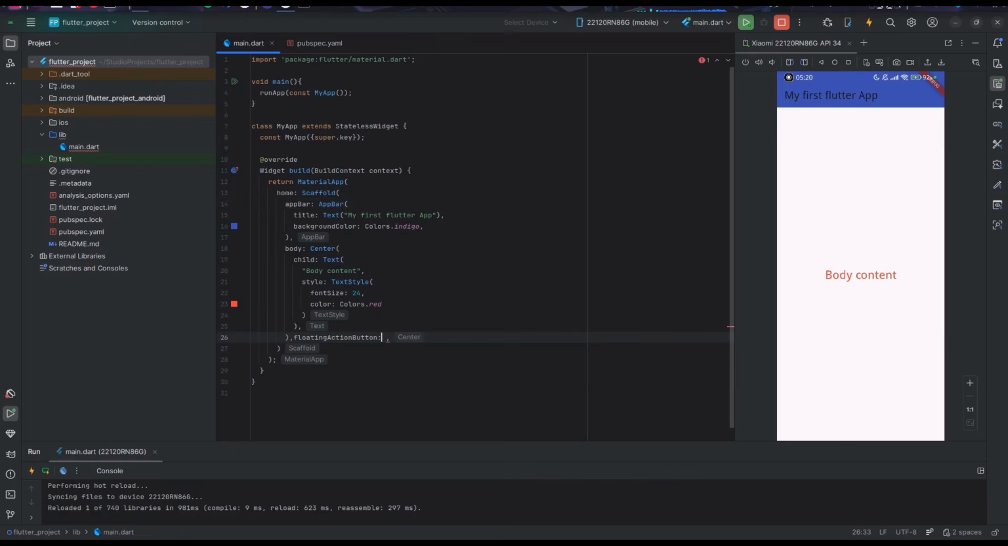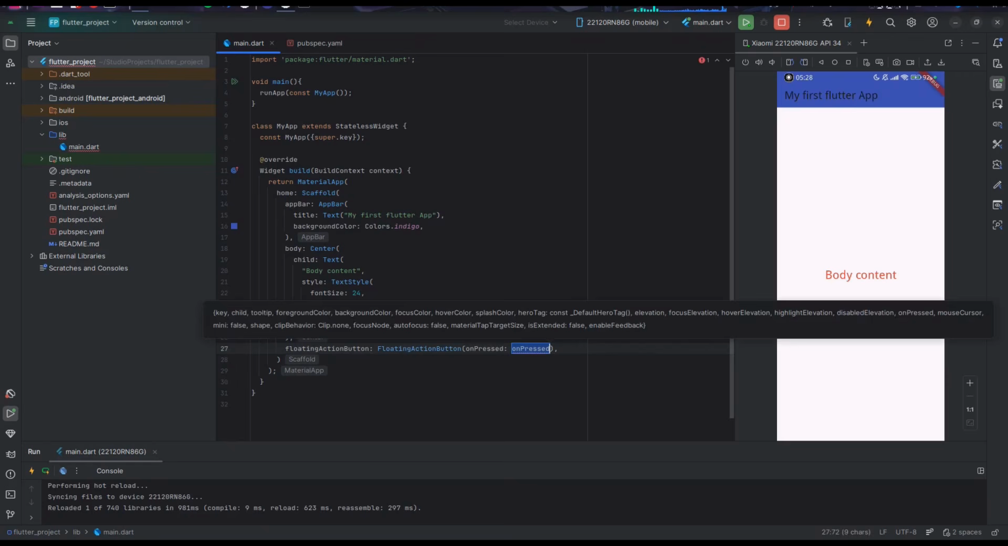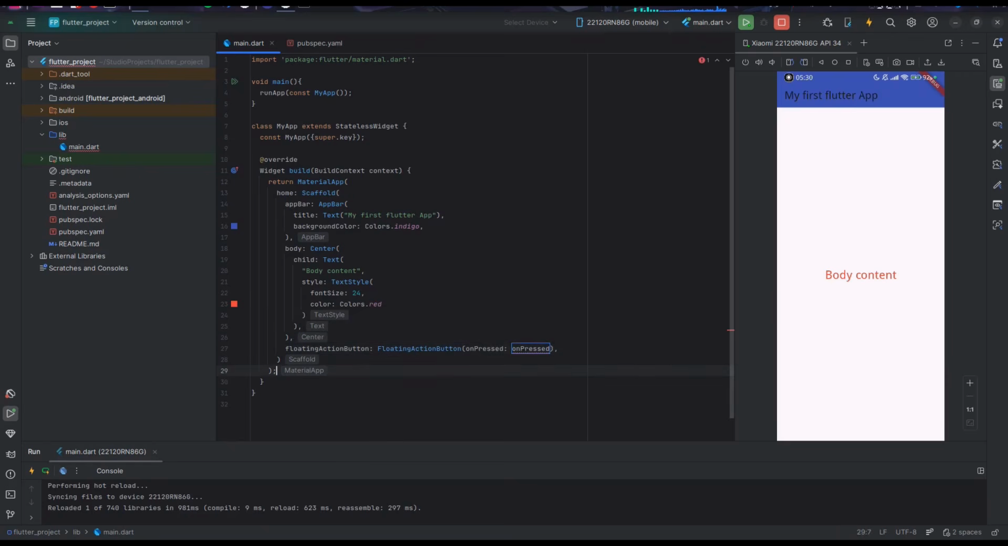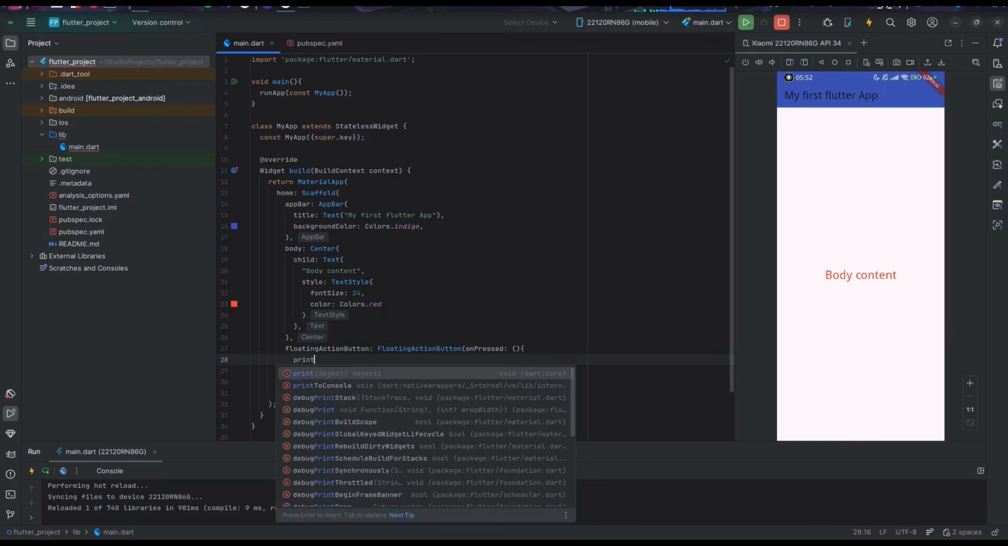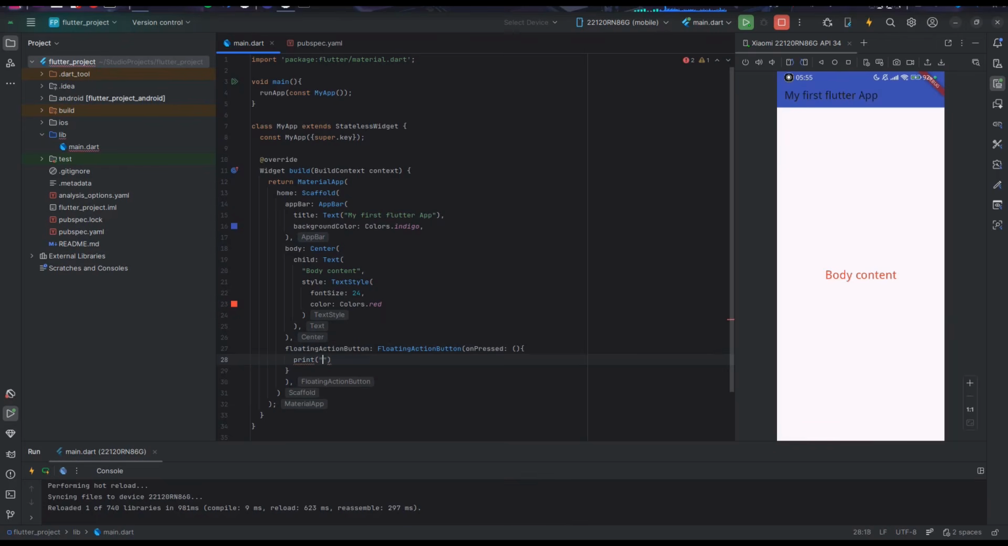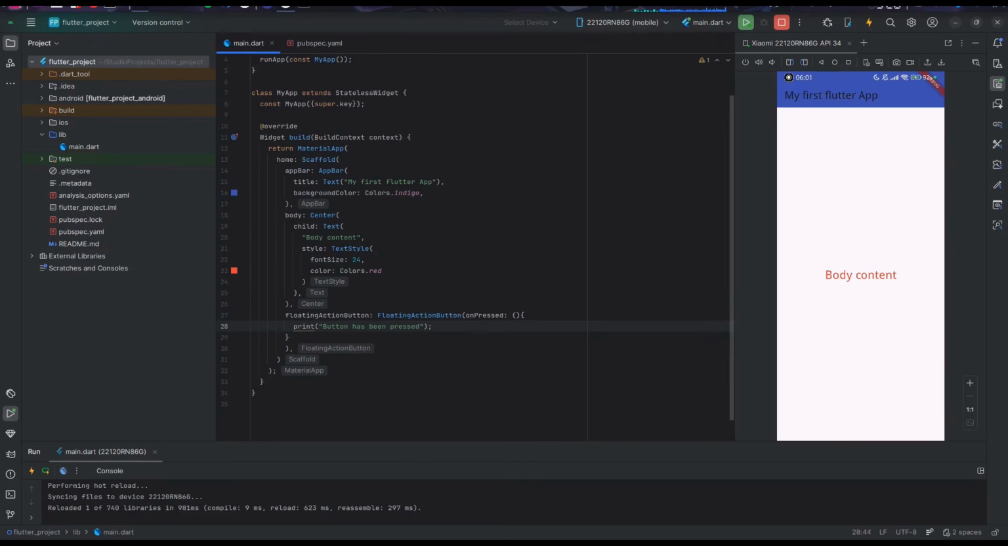Inside floatingActionButton, you need to pass a widget. The widget's name is also called FloatingActionButton. Notice the camel casing and the capital casing here. The FloatingActionButton has a property called onPressed. So that basically means it's asking you what it should do when you press the button. I want to print something, so I will just print "button has been pressed". Then in its child property, I can add an icon using the Icon widget,